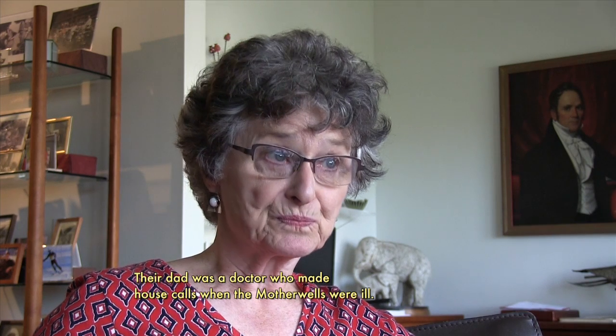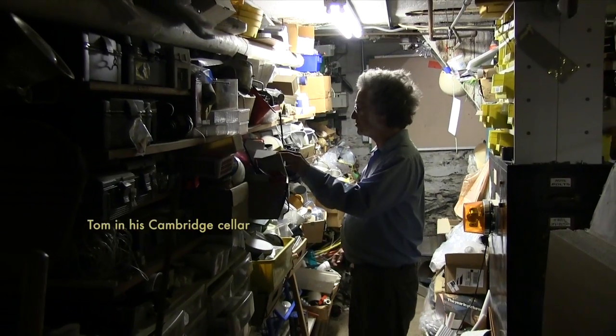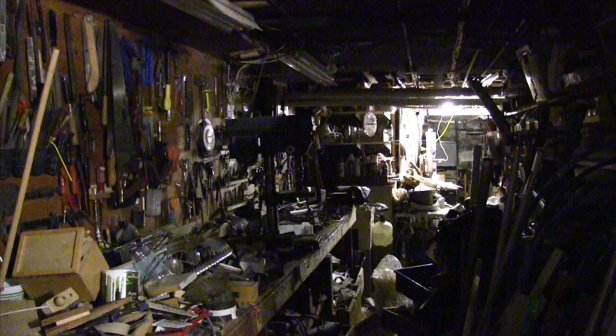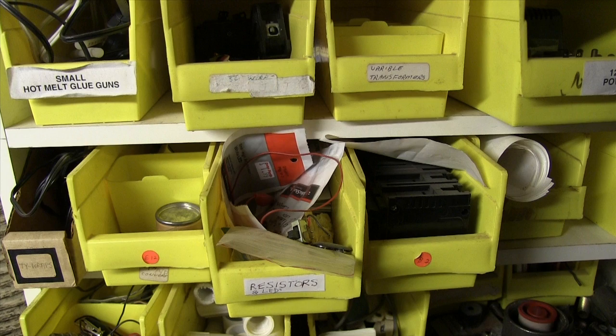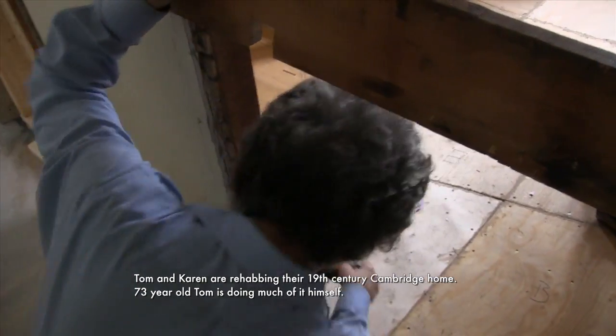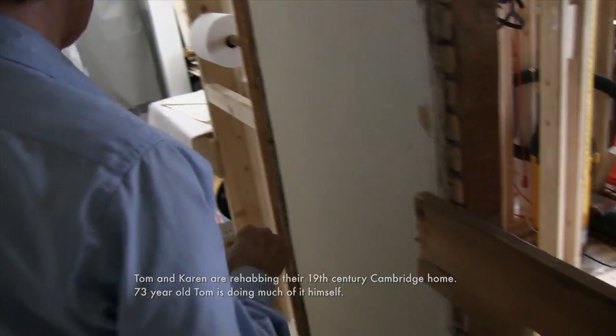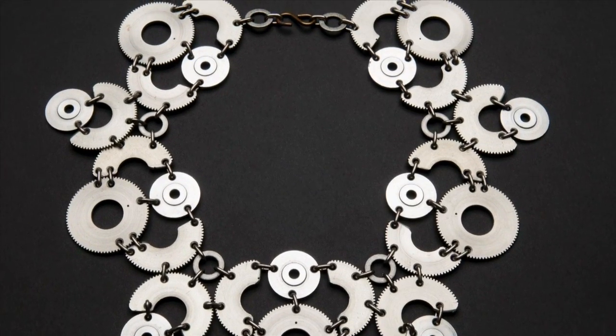And then on the other side, the row house was owned by a family named Whipper, and she had grown up in that house. She was married to an electrician, and Mr. Whipper had the most wonderful cellar. And Tom and I were invited to come over anytime and work in his cellar. He had cupboards and cupboards of small parts and metal and wood and tools, and we could put together anything we wanted, and then we could take home something we created. And I've always felt that the spirit of Mr. Whipper's, all his little metal parts somehow hovered around Tom's jewelry, the aura of